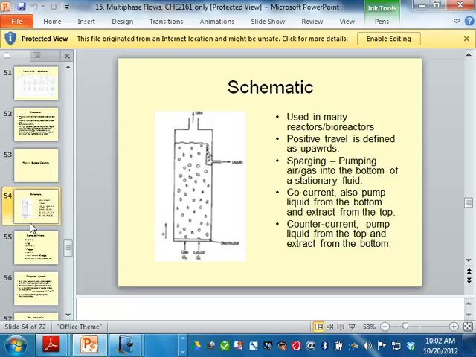So, okay, this one, the bubble column, is used in many reactors, bioreactors. Positive channel is defined as upwards. Sparging is actually just bubbling. Pump the gas at the bottom and let it go up the top. You can also pump the liquid so that you have co-current flow, or you can pump the liquid downwards. In other words, take the extra liquid up here and put it on the top, and you get counter current flow. A lot of times, this one is used in the bio area and in the chemical processing area, because